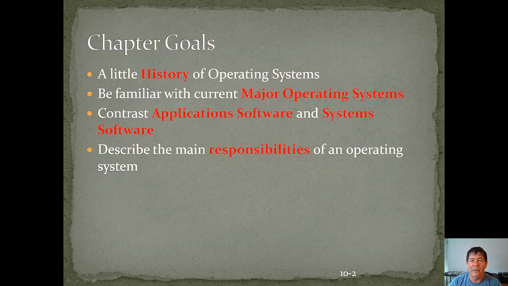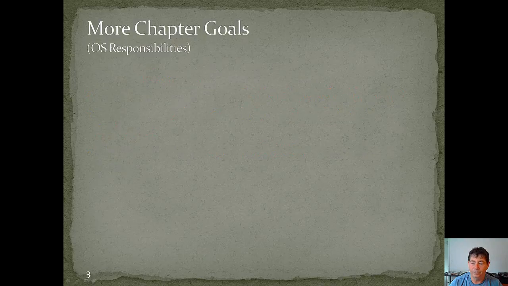We're going to do a little bit of history. We're going to talk about current major operating systems. We're going to contrast application software and system software. And we're going to describe the main responsibilities of an operating system. In addition, we'll talk about memory and process management,